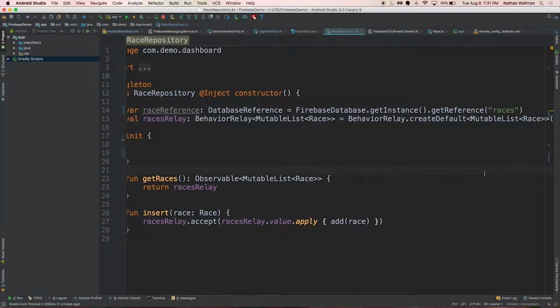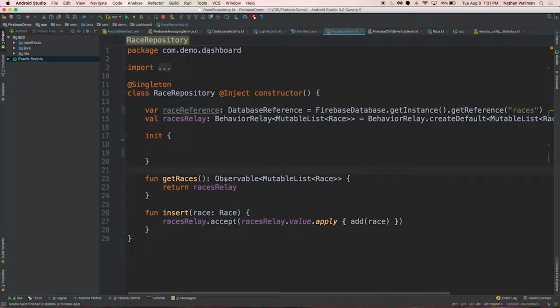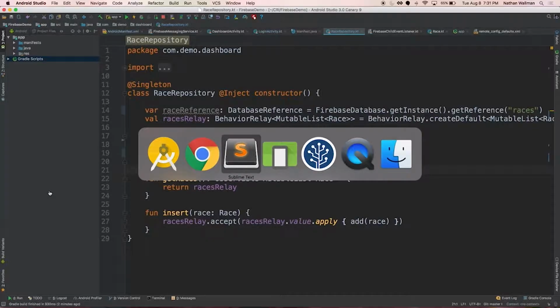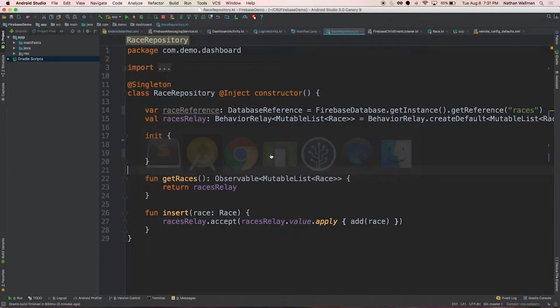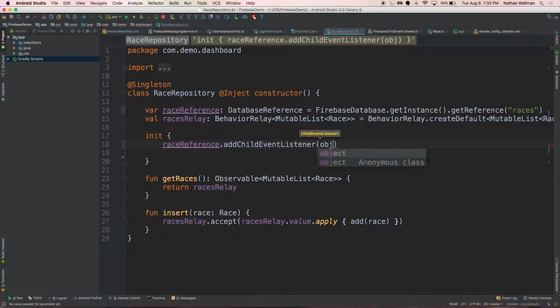But if we want to insert a races node that holds all the races, we can get a reference to it here with this Firebase SDK. So we'll get a reference to the races, and then the way Firebase works is with callbacks. So I want to add a child event listener.